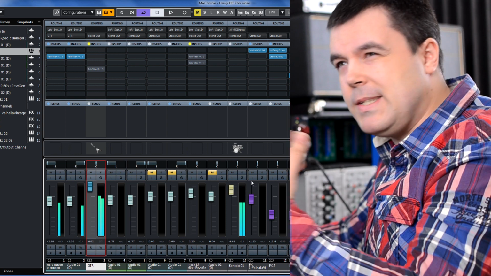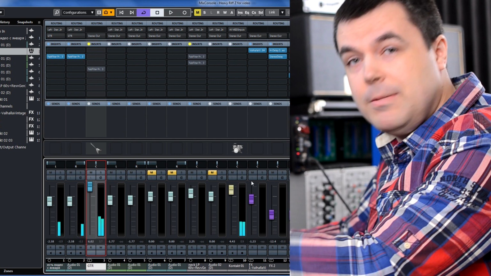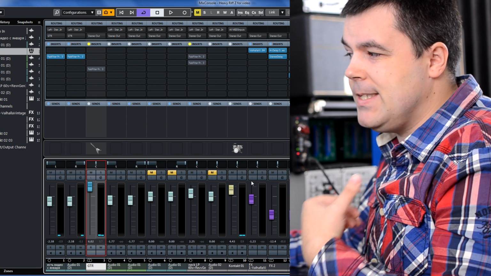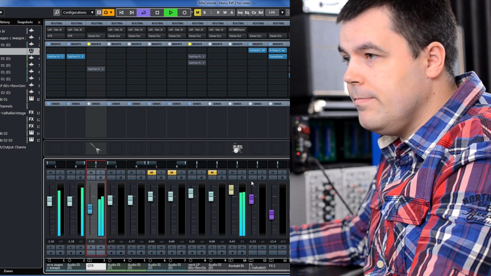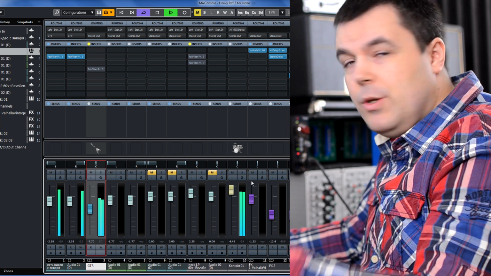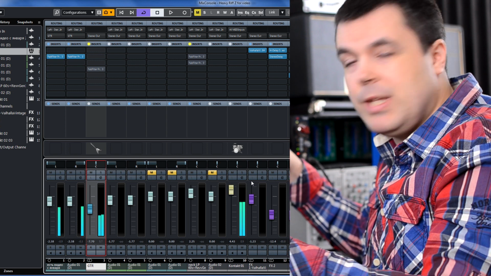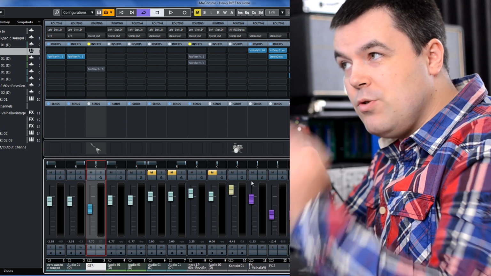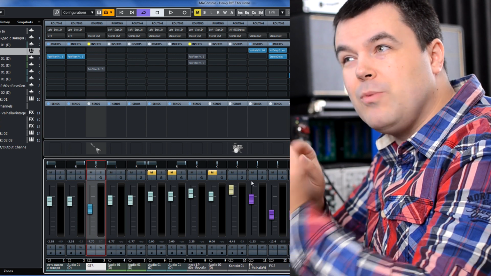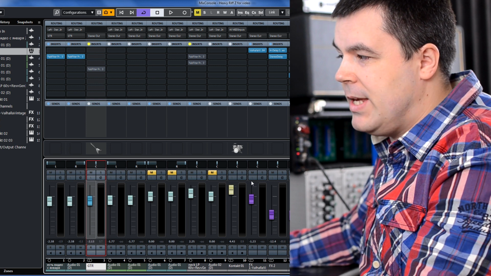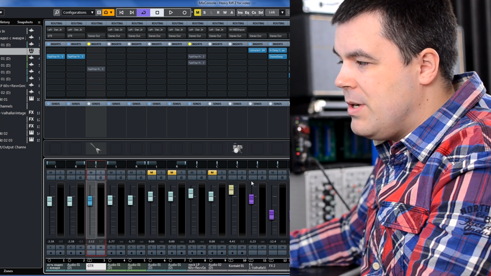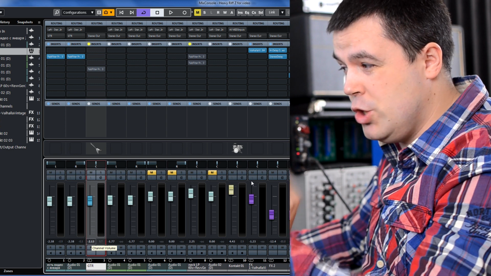The guitar just sounds too loud in comparison to drums and bass, right? At the same time, it's not okay to have the guitar too quiet. You simply don't hear it and it's totally washed out. You usually have no choice but to find the specific volume for the instrument when it's just right. For this particular guitar it's -2 decibels. Check it out. This blue fader is somewhere around -2.